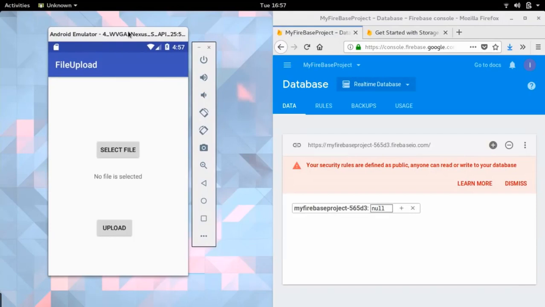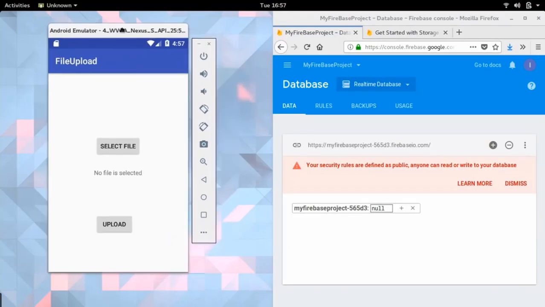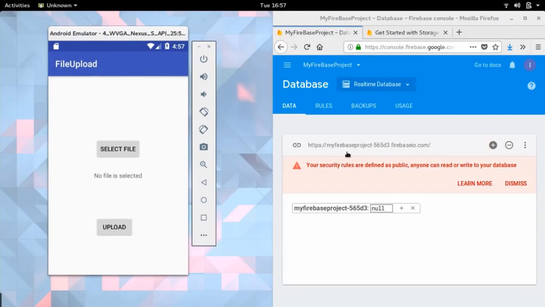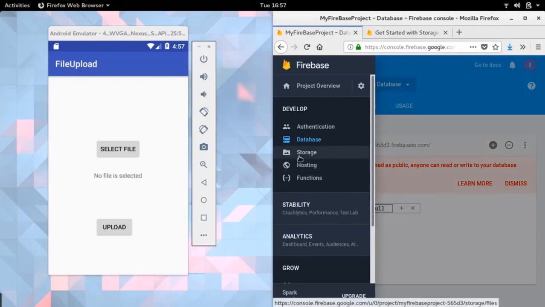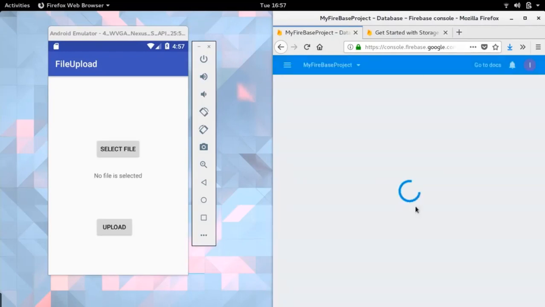So this is our application, and this is the Firebase console. Let me move to the storage part. Click on it and move to the storage part. Now let us test this application.